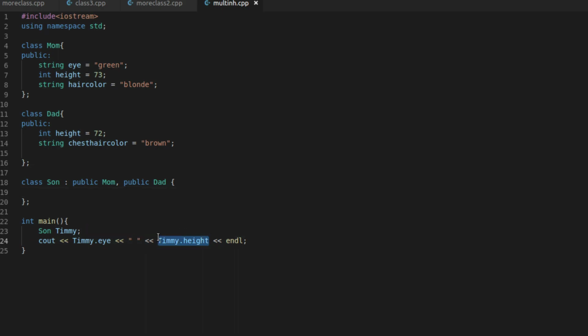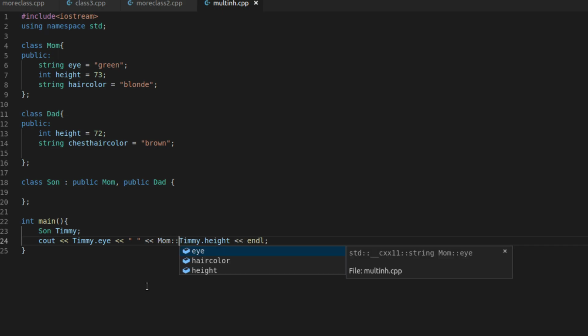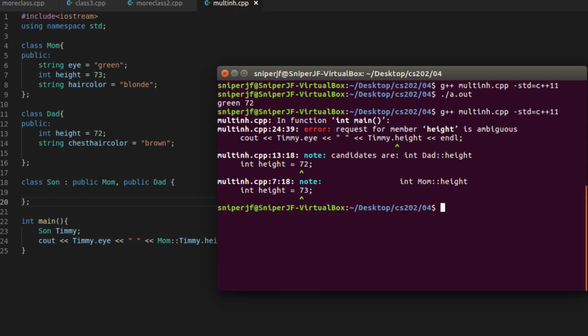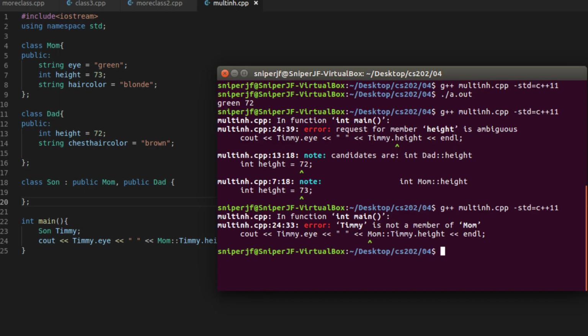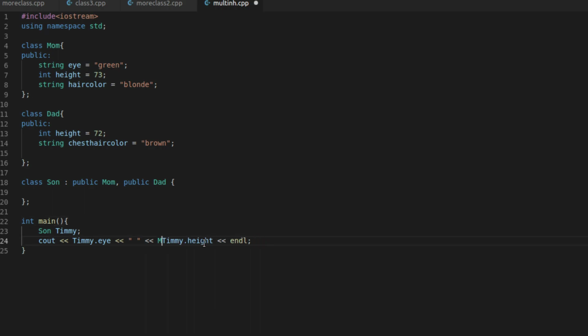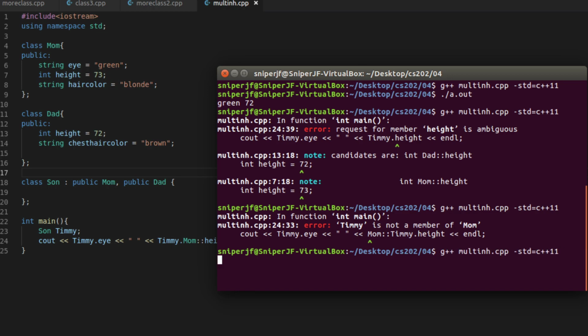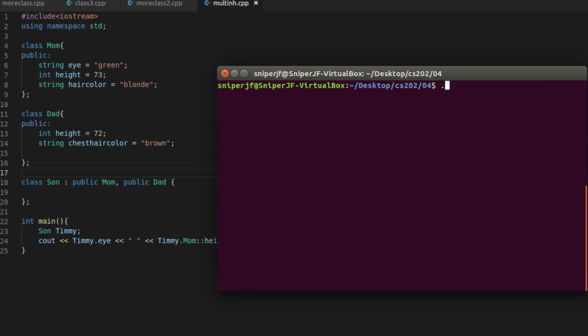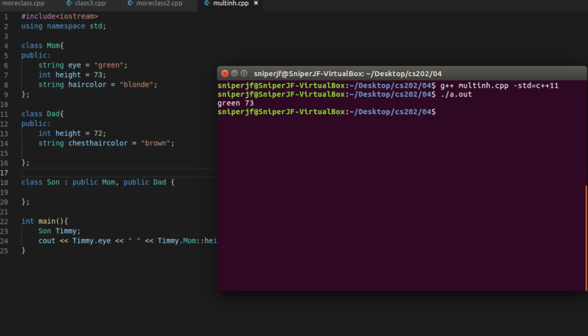Let me give you the short-term solution for this. One of the ways that you can solve this, I believe, is you can put the class name in front of it. Timmy's not a member of mom. Oh, I think maybe we put it here. I think that will fix it. Yeah, that'll fix it. So one of the ways that you can fix this unfortunate issue here is you can,